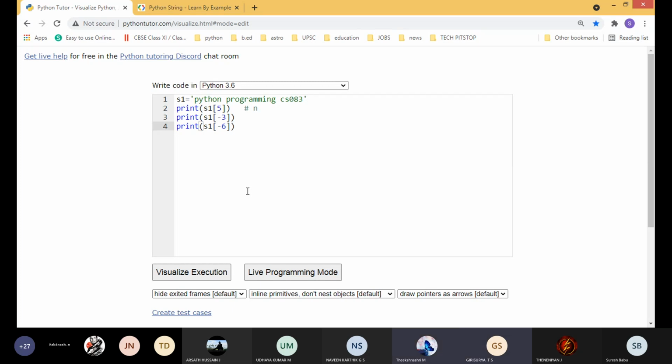Sir, space. G. Sir, which G. one? No, not G. I just now told you, sir, the space. Space also takes an index. Okay, if you specify -6, it is actually referring to the space. Space is also a character. In the first fundamentals, I also told you about the character set.